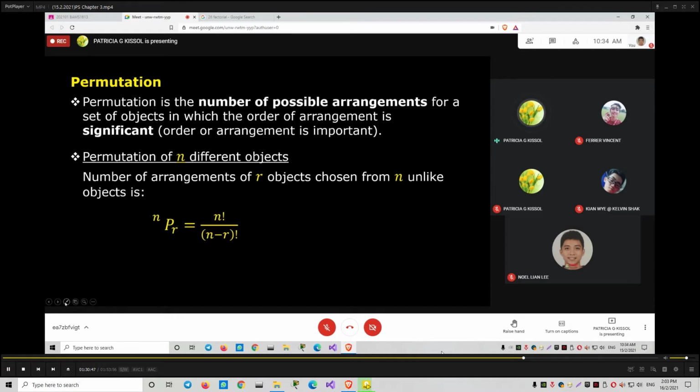That means if you have, say, n is 8, you can choose from 8 different objects. Permute, say you want to choose only 2, then